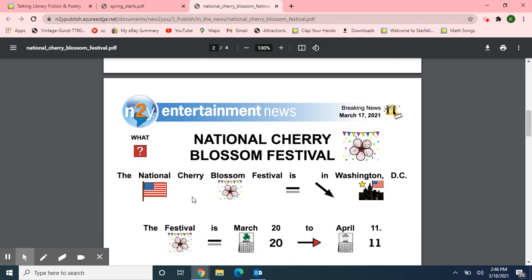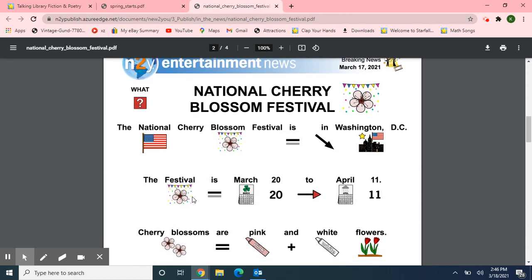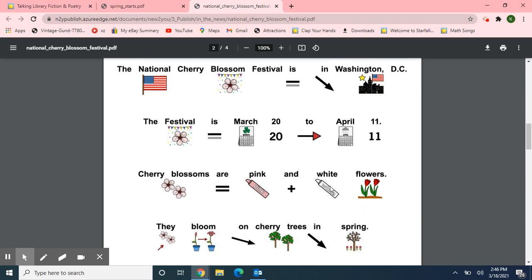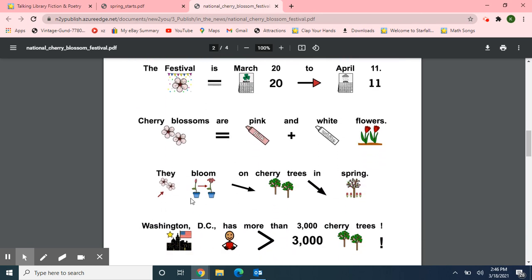Here we have the same article, Entertainment News, News to You. This time, pictures with the words. The National Cherry Blossom Festival is in Washington, D.C. The festival is March 20th to April 11th. Cherry blossoms are pink and white flowers. They bloom on cherry trees in spring.